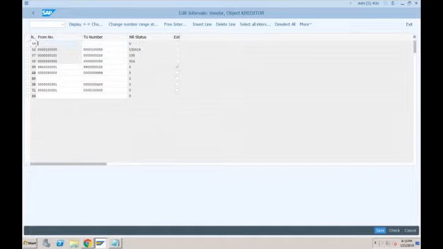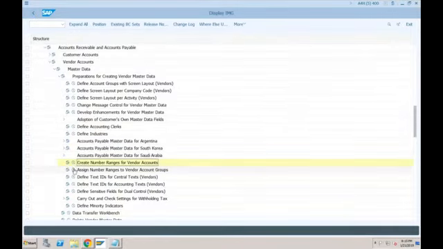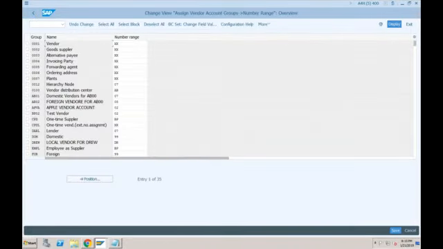I'm giving the same 09, 500 to 600. Okay, yes, this is fine. So 500 to 600, and very importantly, this has to be external. So just click on save, and we have to assign this 09 to both the account groups. So DOM would be 09 and FOR would be 09. Click on save.